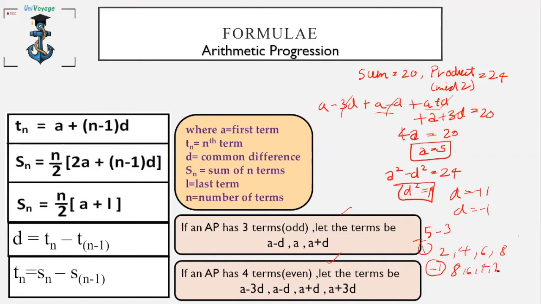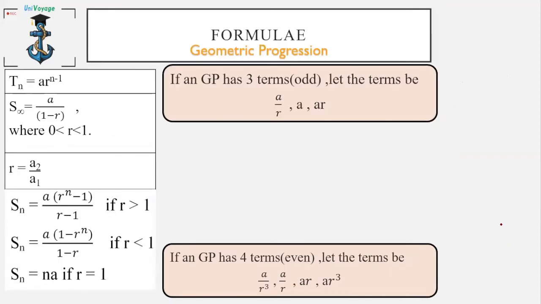Okay, let's proceed. Now we have geometric progression here. Just make sure that you make a note of all these statements which are given here. Again, I'll just give you an example. Let's say we have a GP where the first term is 288, then 144, 72, and so on. Here we are asked to find the sum of the first 6 terms. So we'll write it as a into 1 minus r raised to n upon 1 minus r.